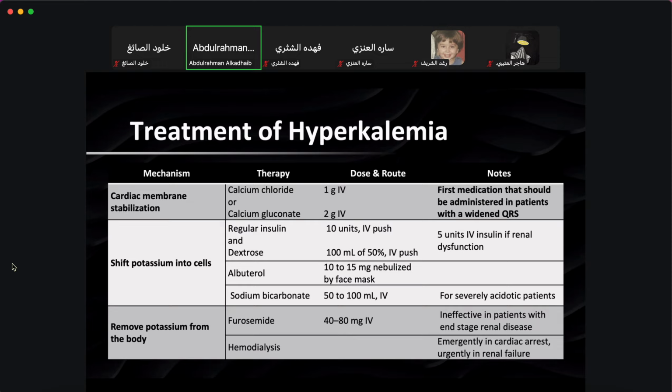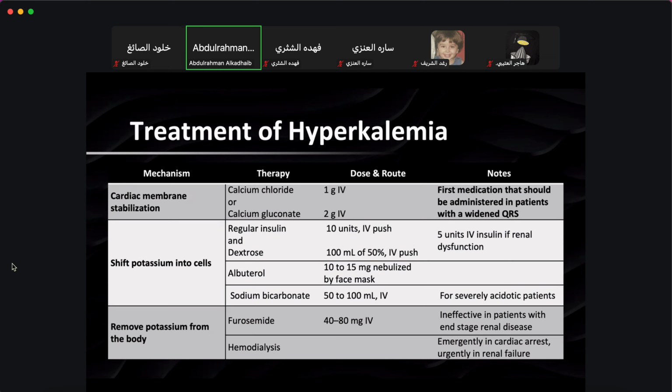That's why it stabilizes the heart muscles and prevents arrhythmias. The second class of medications for hyperkalemia is called the potassium shifters, or the medications that basically shift the potassium into the cells. The examples for those medications may include insulin with dextrose, and albuterol, which is also called salbutamol,